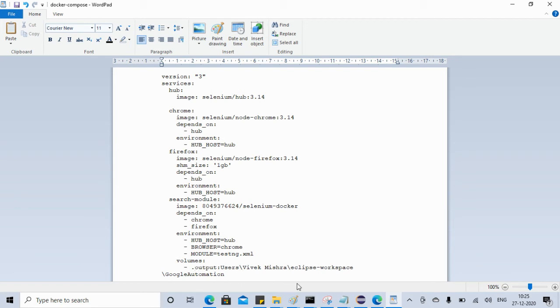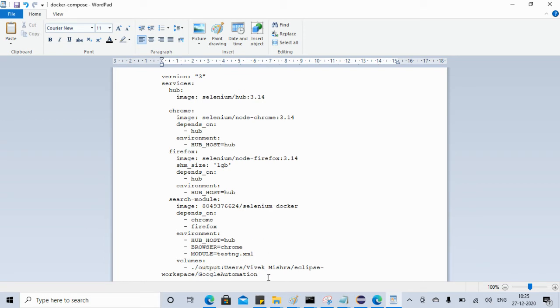Okay, this one will be like this one. Okay, so we have to change this backward slash to forward slash and save it again. So we did a volume mapping in the output folder, right? So what will happen here, let me explain this to you, just give me a second. If you see here, we are storing all the reports in the output folder.